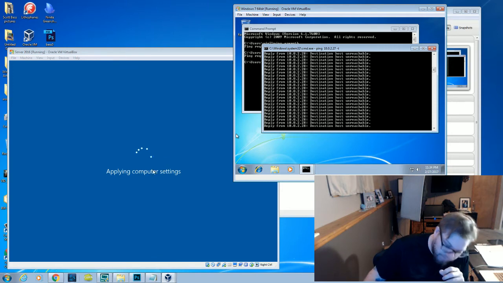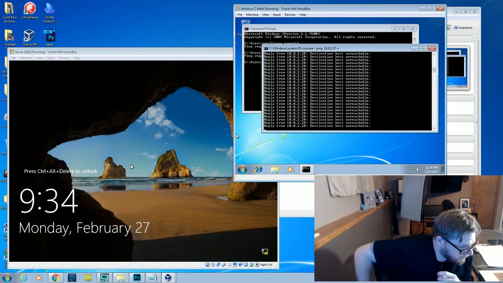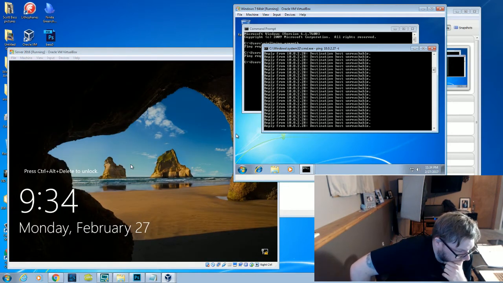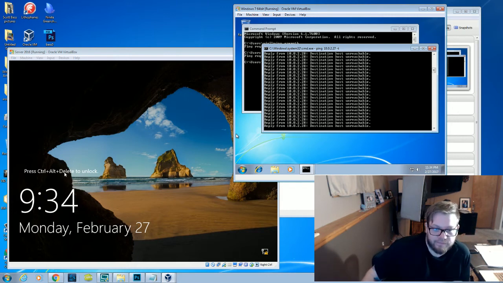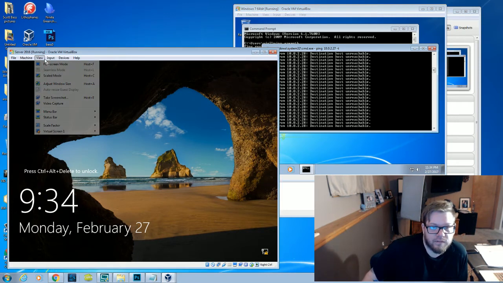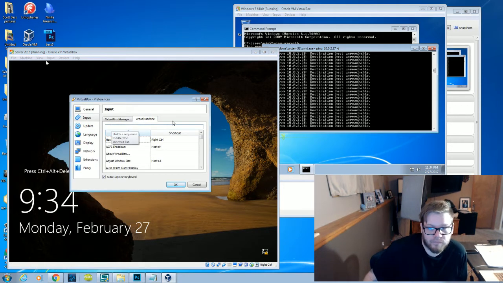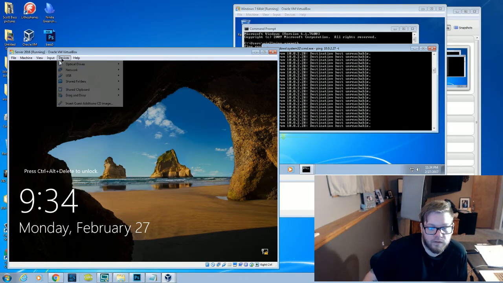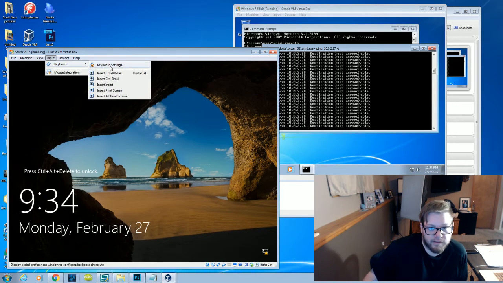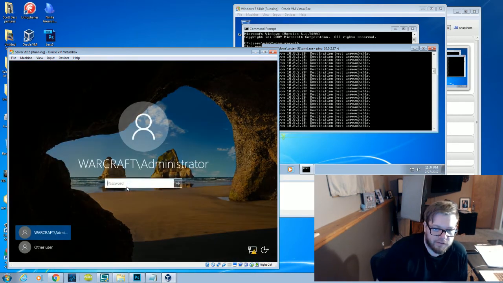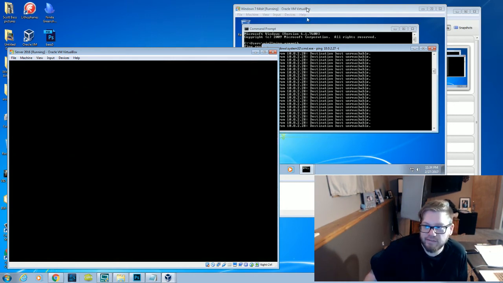That's weird. Let me see when this thing gets up. No, that's what I was gonna do next, Dana. I think I remember last time doing this in VirtualBox, I had this issue and I had to do that. That's why I was just looking at the network settings on this machine.